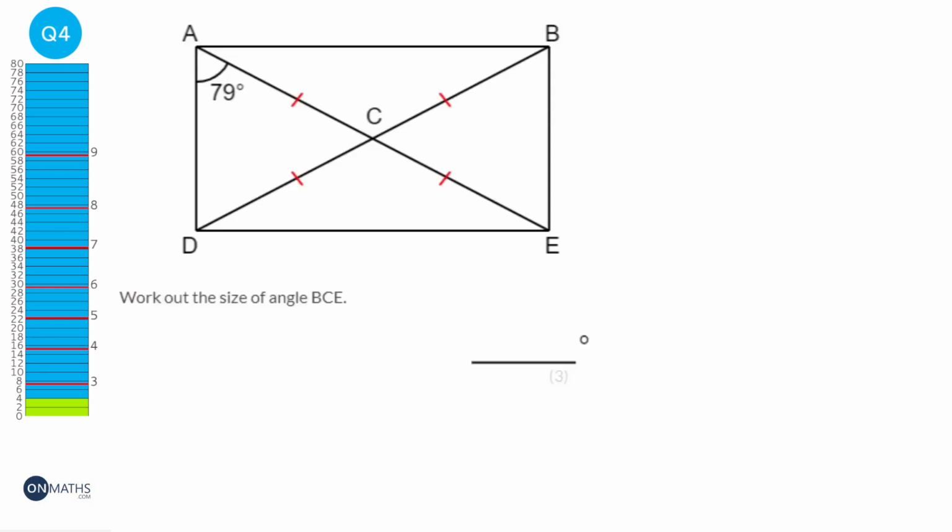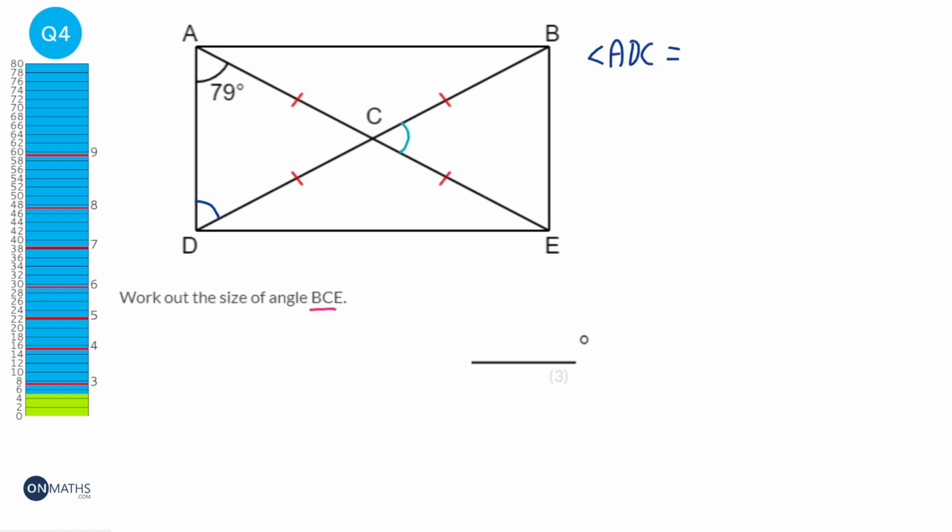So we're asked to find angle BCE. And that is going to be this one here, because you start at B, go to C, and then go to E, and it's the angle you make. And I might just choose a different colour, because we've already got red on here. So we're looking for this angle here. Now, my advice for these kind of questions is always just try and work your way around the shape with angles you know. So, for instance, I'm going to start with this angle here, and we're going to call this angle